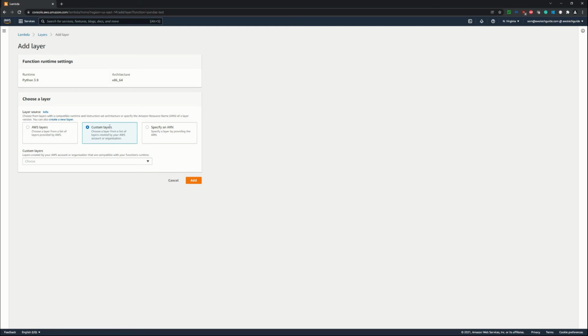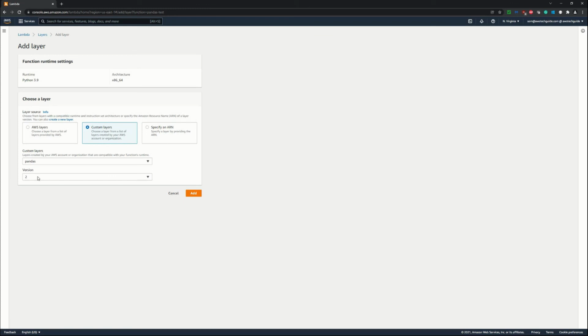Now once you have created the layer, you get one ARN URL as well. If you want to specify the layer by providing that ARN URL, you can select that option over here and put the ARN. But we have this custom layer already available in this drop down, so I'm just selecting it here.